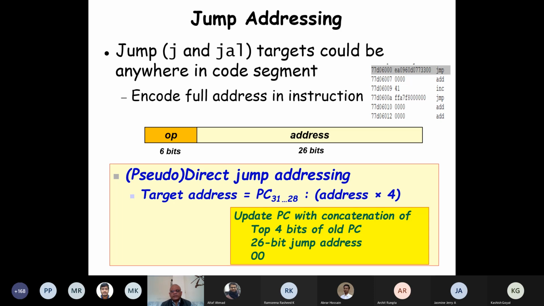And therefore, this address represents a code segment or text segment, the place where the program gets loaded. So if 0 is the first one, then the last one will be 2 to the power 26. Yes, so that's the maximum number of instructions that we can jump